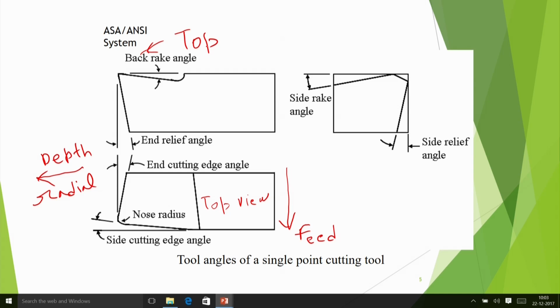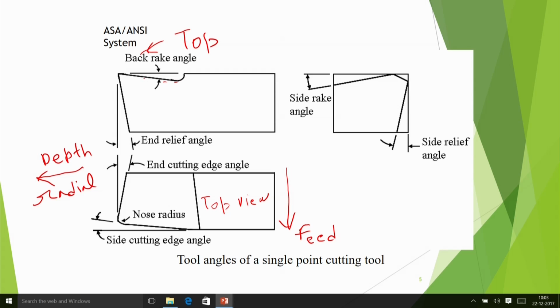We can say top rake angle, and this is the rake face. In this you are showing that angle that is called back rake angle. So we give some slanting type of thing. In this position it is called positive rake angle. So positive rake angle is there; negative means the surface will move up as you go from left to right.